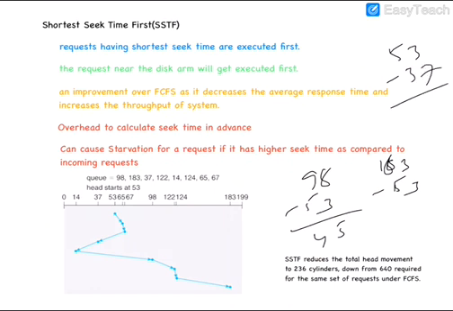Okay, so you can see that the shortest seek time is first for 65. From 65 the shortest seek time is 67. From 67 the shortest seek time will come to 37. From 37 we can move on to 14. From 14 we can move to 98. Then from 98 to 122, 122 to 124 and 124 to 183. So this is how shortest seek time first disk scheduling will be done. So SSTF reduces the total head movements. Okay, so in first come first serve we have done a total of 640 cylinder movements, while here we are doing only 236 cylinder movements. Okay, so you can calculate that and you can see.